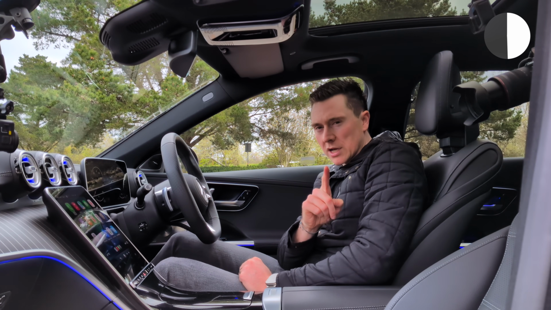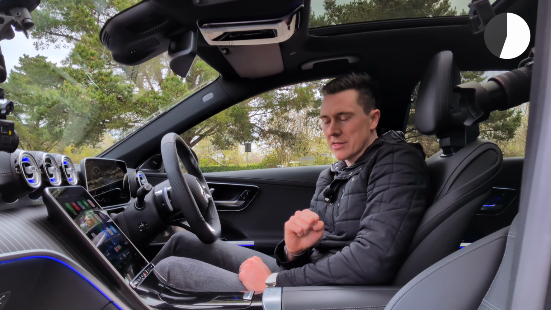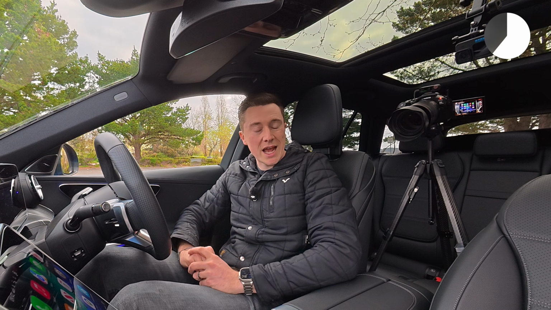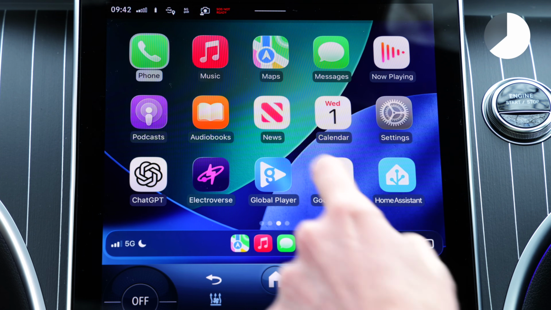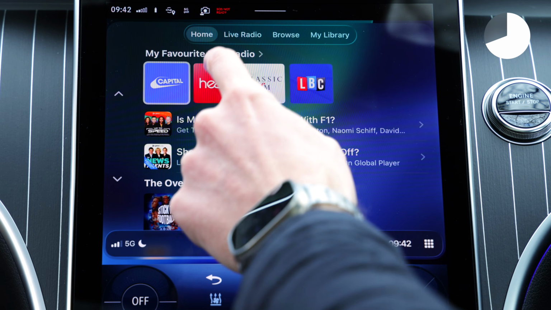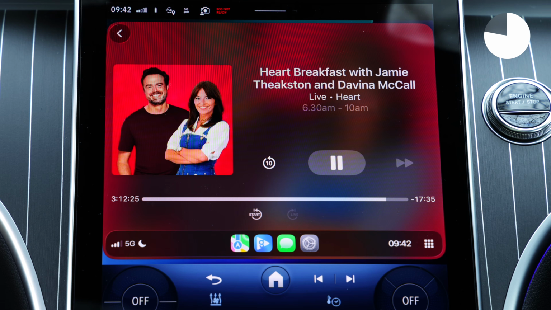Now, this does come with the caveat that you're going to use your data up, but it's not going to use as much as you might think. Of course, if you have unlimited data, then it doesn't really matter. But I'd recommend an app called Global Player. If you go in here, this will keep you in the CarPlay interface, but you can still play your favourite radio stations. As I said, this will require an active live internet connection, so may not work everywhere, but it